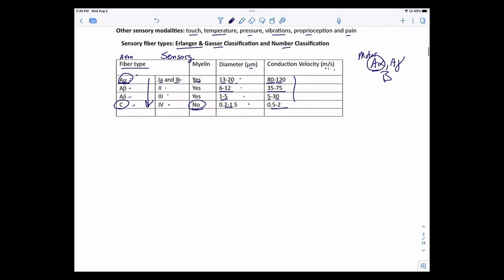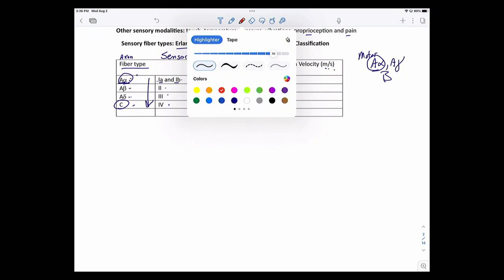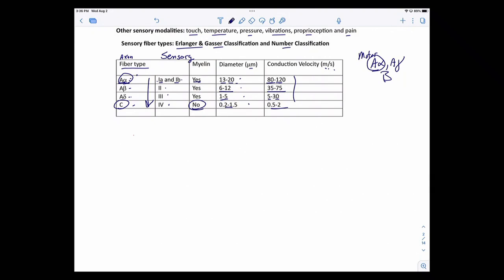Okay, I want to connect now: why is the thickness of the myelin, what does it have to do with conduction velocity? So let's go back to this, and we're going to go, say, here. Imagine that we have a sensory neuron. I'll draw a pseudo-unipolar neuron here, and it is myelinated. So we have some myelin here, and we have some myelin here. And we know that these little gaps there are going to be your nodes of Ranvier.